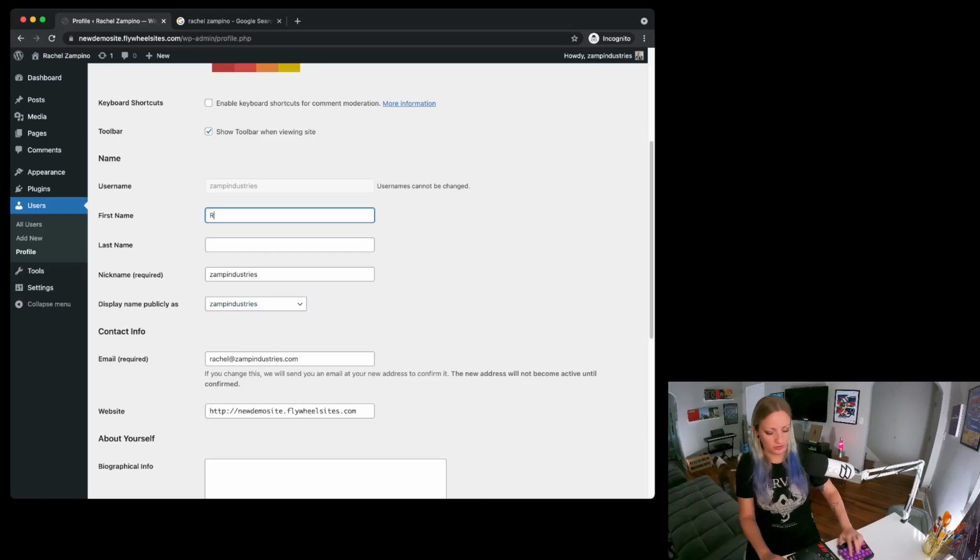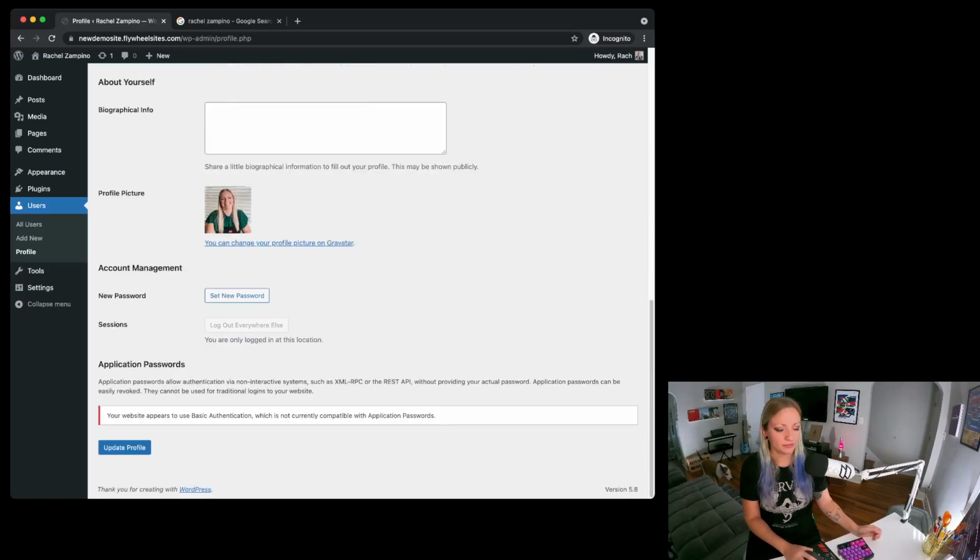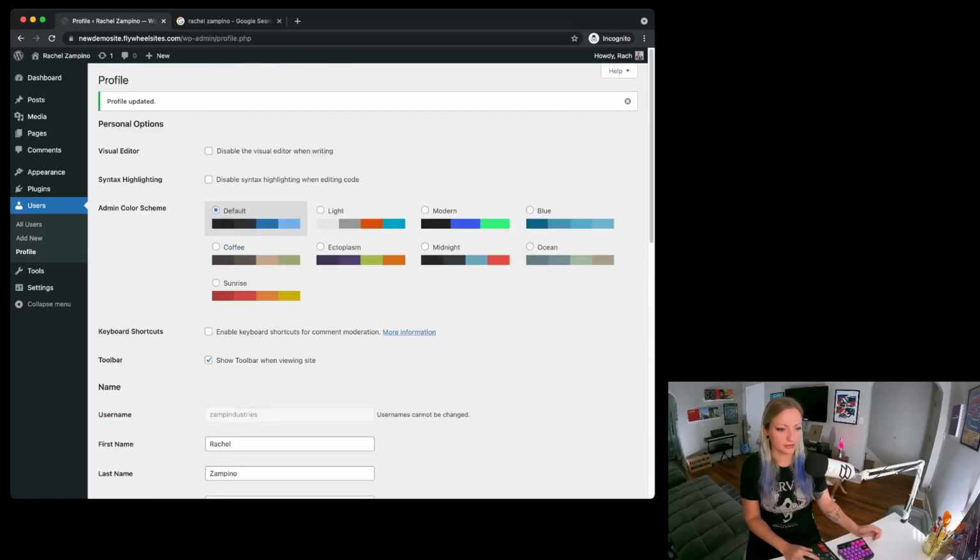So once you input some stuff in here, it'll give you some more settings. So you can also change your nickname if you want. Then your display name publicly as, which is going to show as your author name on your blog posts. You can have it be your username or your first name, last name, both backwards, or your nickname, whatever you want to put there. I'm just going to use that and save that. All right, next we're going to go to appearance and customize,